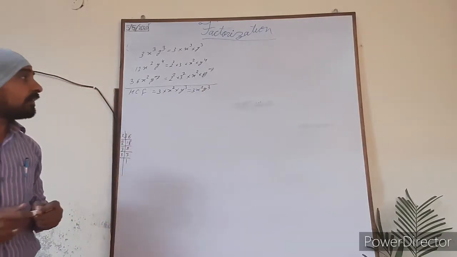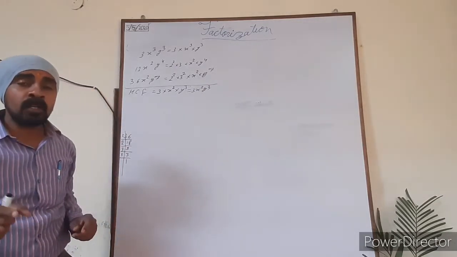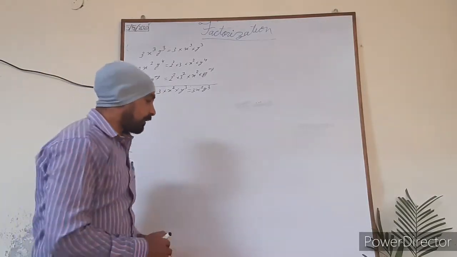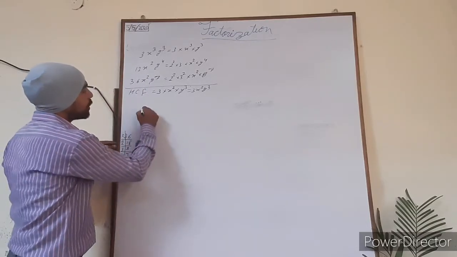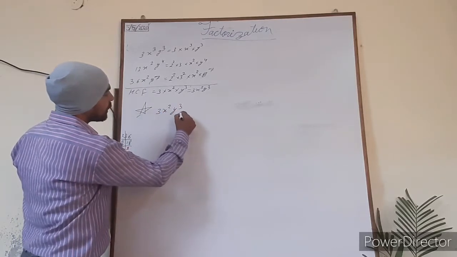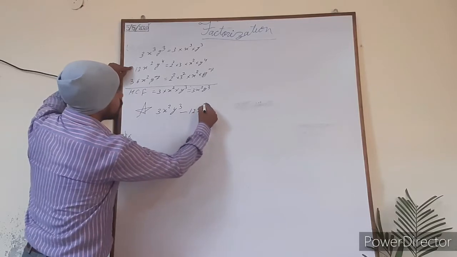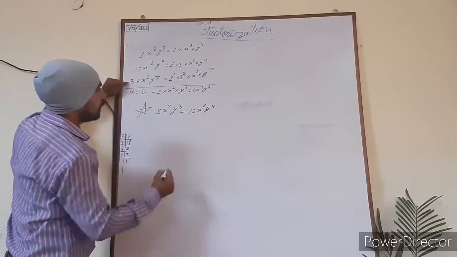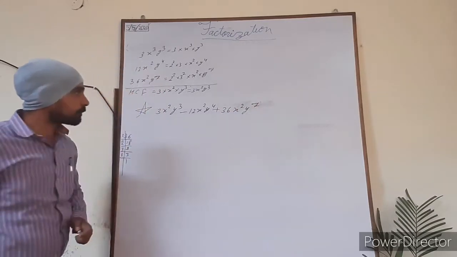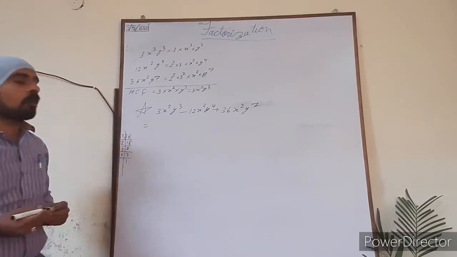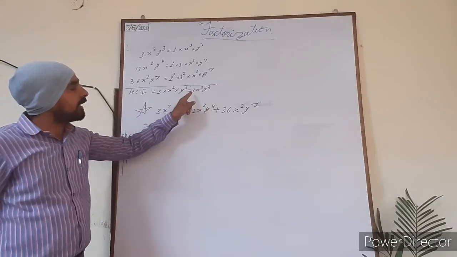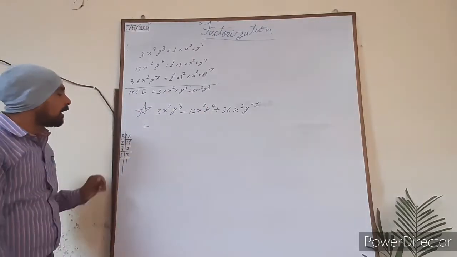Don't forget, this HCF also works as the common factor which will be taken when you are going to factorize an expression. Let's see how. If here is a question: 3x square y cube minus 12x square y to the power 4 and plus 36x square y to the power 7. Now you have to focus on what is common in these three. In the same way, that will be the HCF of this. So directly we can take this 3x square y cube, but it is not justified for this.